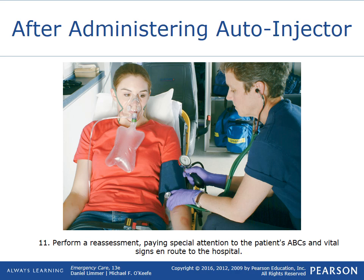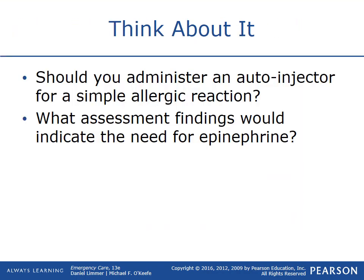After you administer the epinephrine auto-injector, get your vital signs, get en route to the hospital, and you might need to take an extra EpiPen along with you if you don't have one in the rig, which in Illinois we do have EpiPens in our rigs. In our system, we are also allowed, because it's cheaper and the cost of the EpiPen has become so extraordinary, we have the option now to use an epinephrine injector. It's an intramuscular injection where you can actually draw up the epinephrine and give a shot to the patient. And those are things that we will talk about just shortly after we've completed the